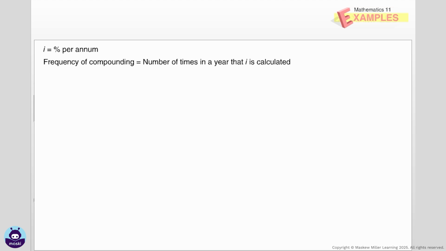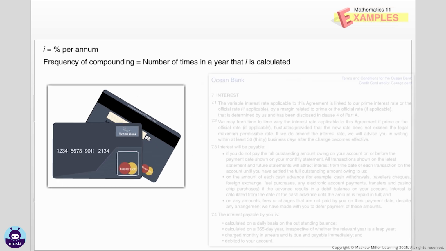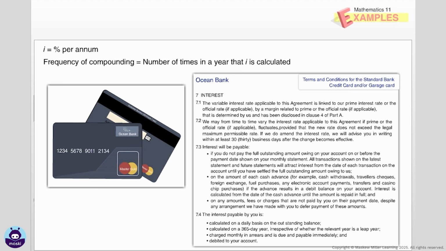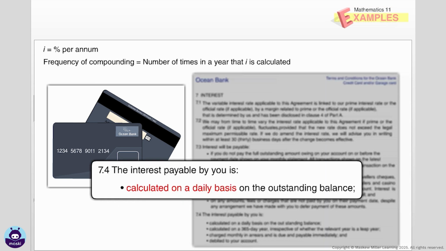This principle works against you when you need to make interest payments. For example, say while paying your credit card bills. For example, if you look carefully at the terms and conditions page of a credit card statement, you will find that interest on the amount that is not paid is compounded on a daily basis. Let us understand why the frequency of compounding is an important factor and compare the interest rates using a practical